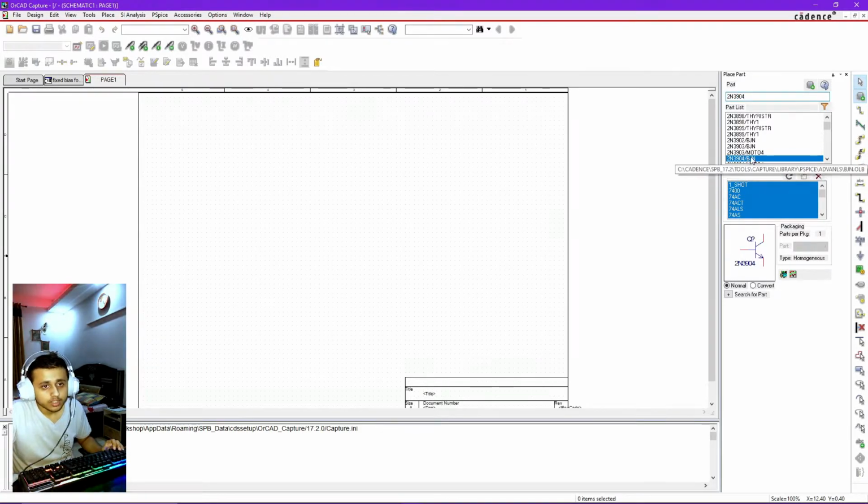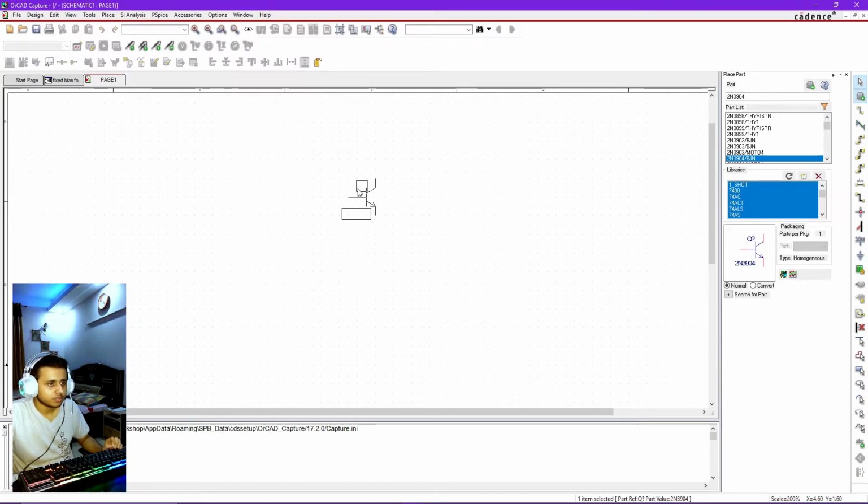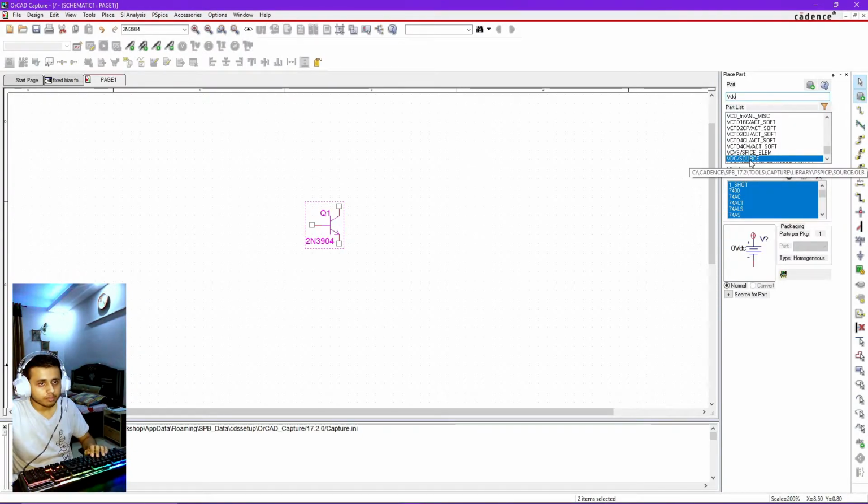So we're going to see this transistor right here. This transistor is appearing right here. Double click on it, it will get selected, and we're going to drop it right here. Next we need the DC voltage source, so we're going to type in VDC. That's the DC source, and we're going to connect the DC source right here,